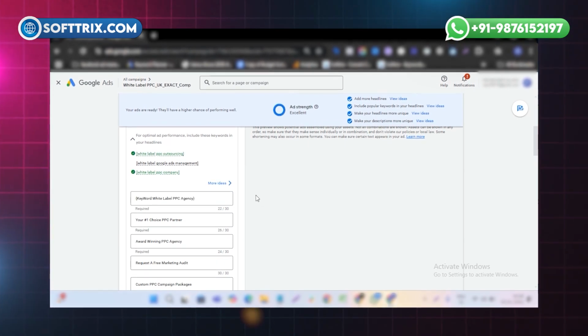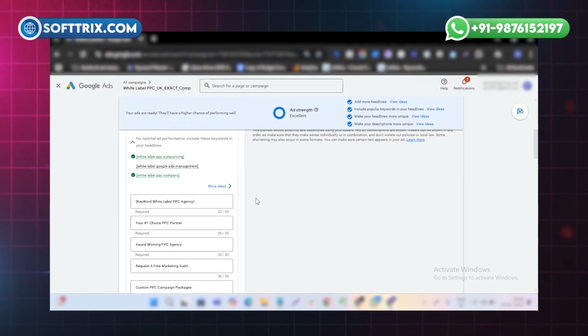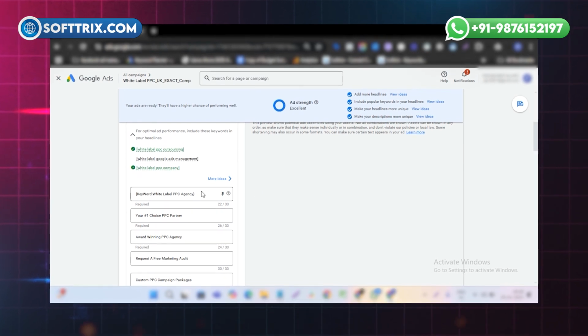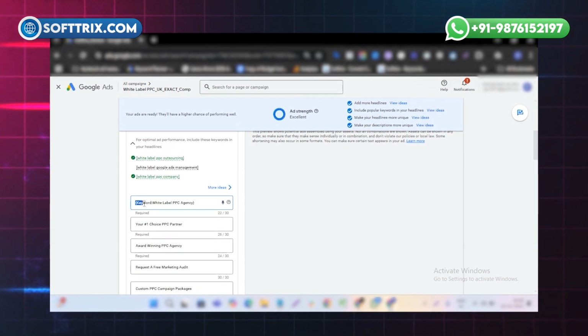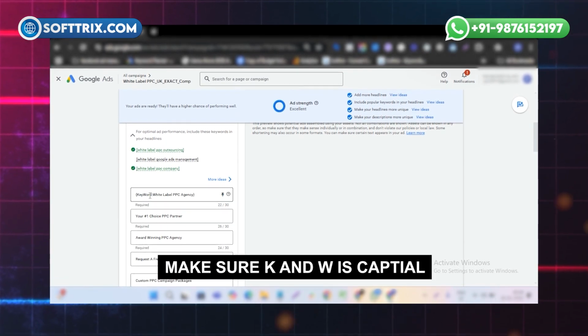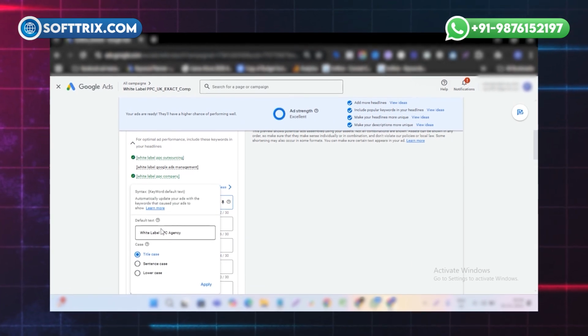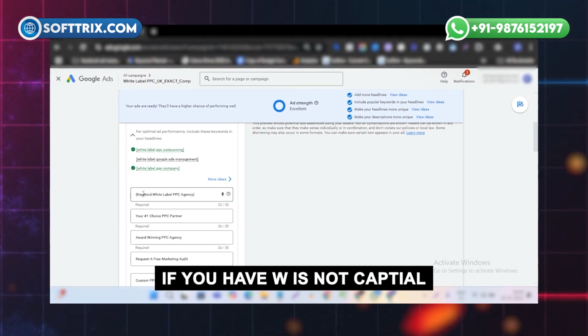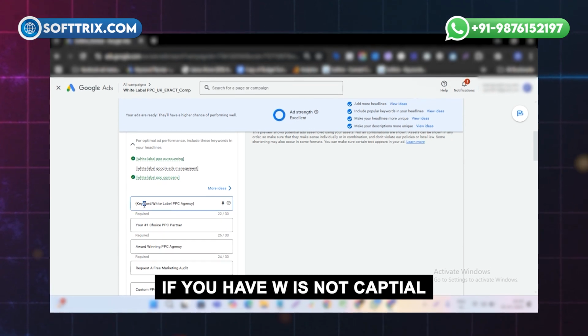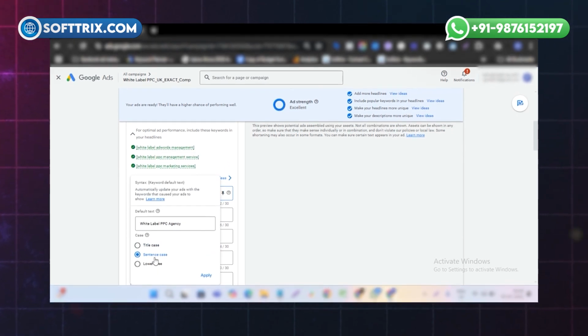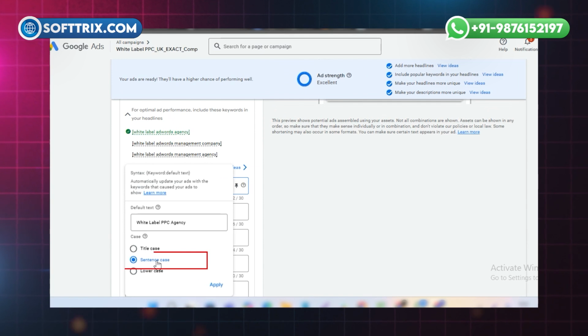So the precaution you need to take here is that when you implement a DKI, make sure K is capital and W is also capital. So let me show you why I am saying this. If you have W not capital, if you have a W in small, then it will show as a sentence case.